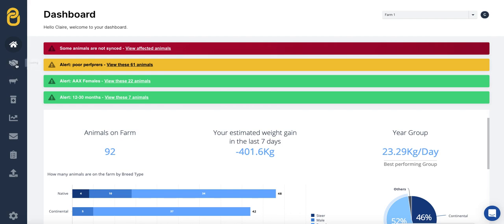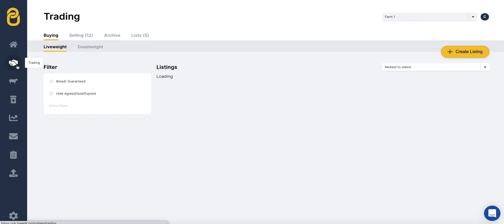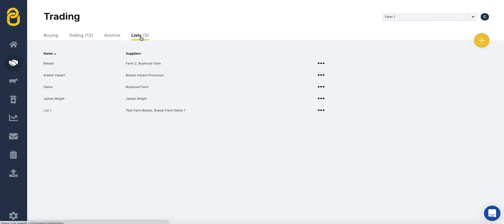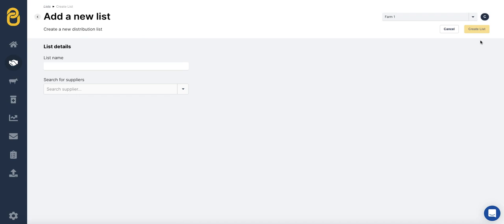First of all, head over to the trading icon. Next, select the lists tab. Here you can see I've got a list of suppliers that I've previously sent trades to privately. If you're wanting to add a new contact to your list, then simply press the yellow plus icon button and fill in their details. So we need the name of the buyer,